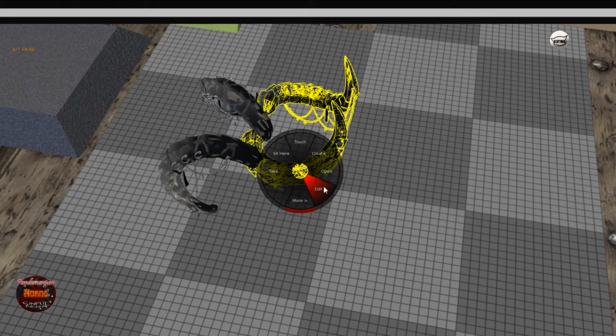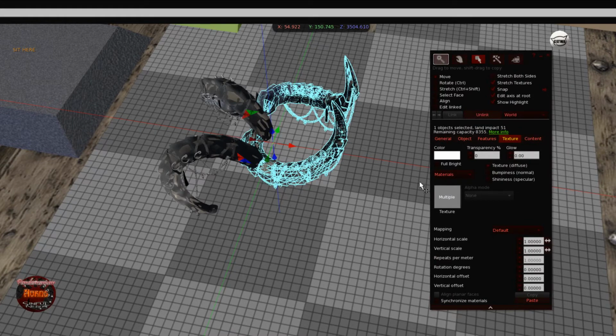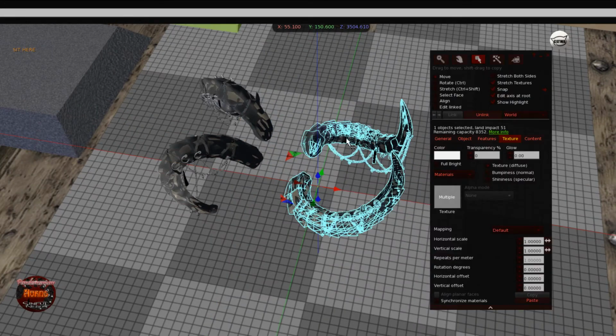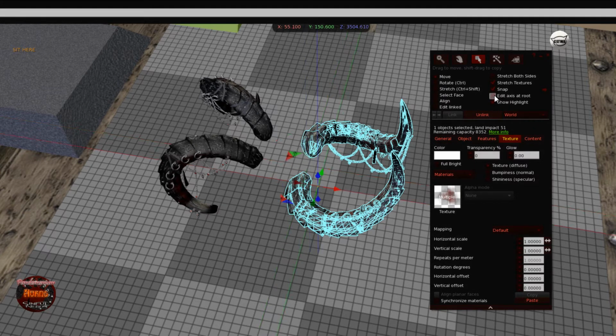Now the first thing you're going to want to do is make sure that when you merge them, you line them up. There's an easy way to do that. If you rez your horns and then right click and edit, you're going to get your edit window. Make sure that this edit axis at root is selected, and then go to the object tab,